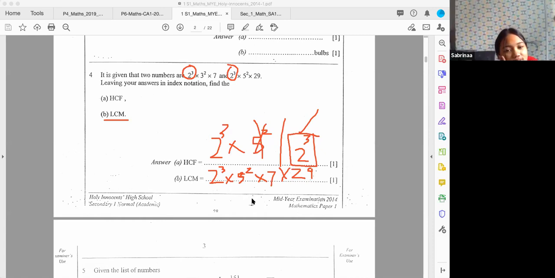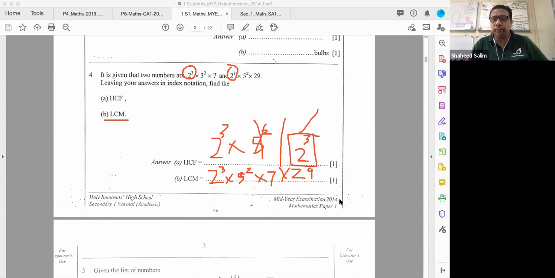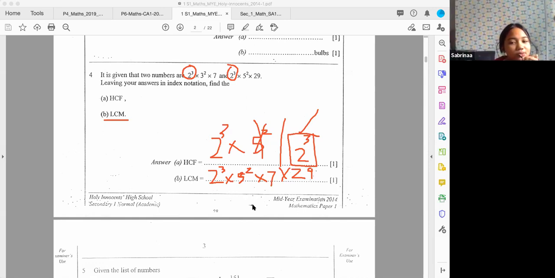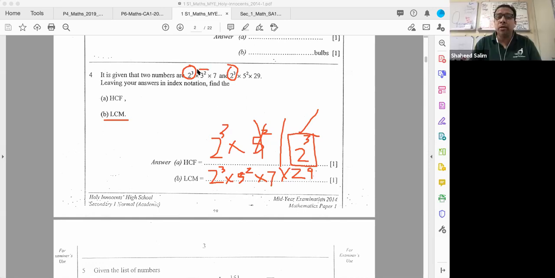Power of 4. Is there anything missing? 2 to the power of 3 to the power of 2. Don't forget this one, you must include also. All right. You must include all those numbers that are the same and not the same. Okay. So down here will be 2 to the power of 3. Take the bigger one, which is the same. Times 3 to the power of 2. You got to add the 3 to the power of 2. Times 5 to the power of 2. Times 7 times 29. Okay, Shafika and